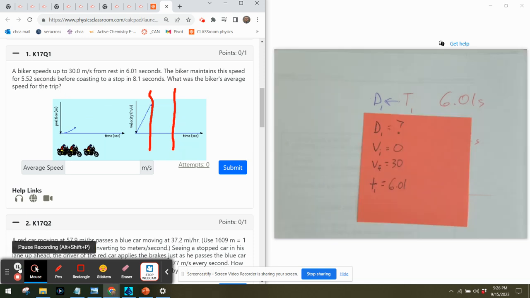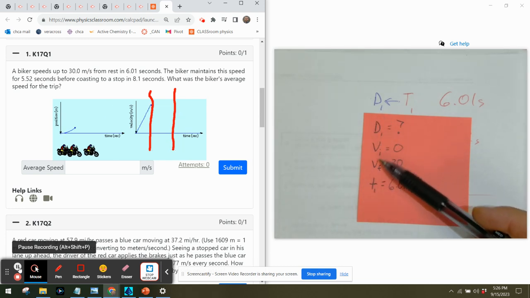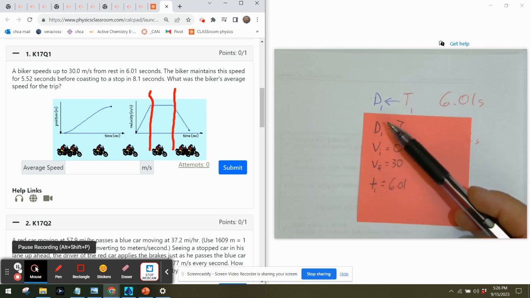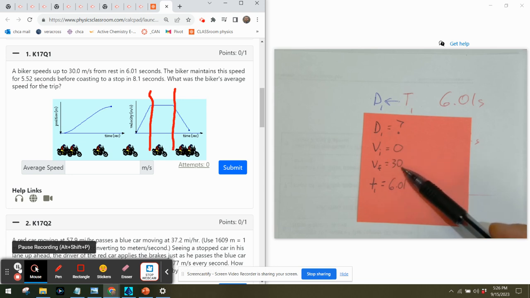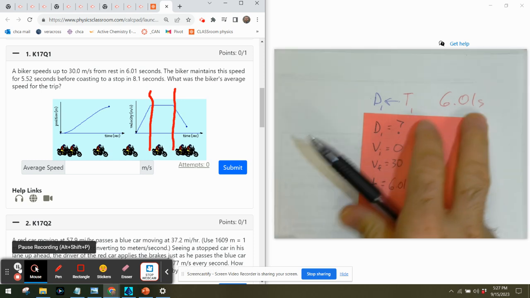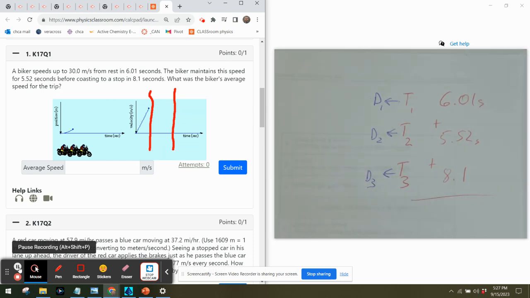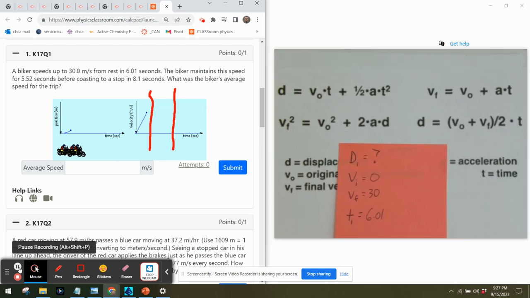All right, so in order to solve for this distance 1, you essentially go back to what we've already done, where you have a set of variables. You know the distance. I'm calling it D1, but it's basically distance. You know the initial velocity is 0, final velocity is 30, and the time is 6.01. So what we're going to do here is look at your four main equations, and you'll try to identify one that would make sense given what you know and what you need. And of course, I would hope you would eventually determine that in fact it is that one, because everything's there. So you could use this equation to solve for this distance